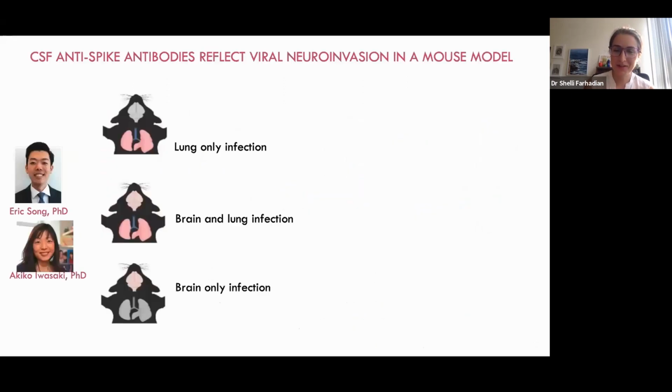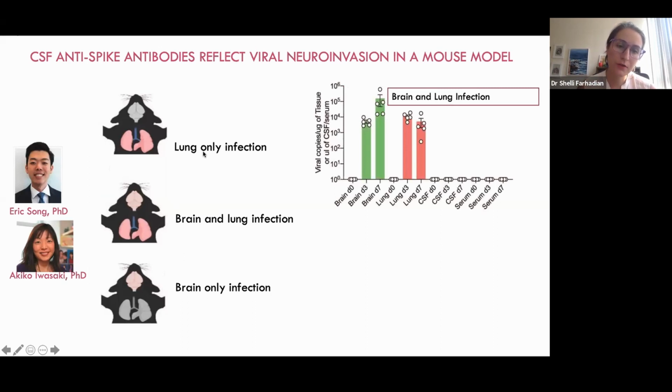To do that, I wanted to take a brief detour into the world of animal studies. So again, led by Eric Song and in collaboration with Akiko Iwasaki's lab, we asked whether the presence of antiviral antibodies in the CSF reflected the presence of viral antigen in the CNS using a really neat mouse model. Eric and Akiko had developed a mouse model in which SARS-CoV-2 infection can be localized to specific tissue by having those tissues specifically express the human ACE2 receptor. So skipping to the chase, by using this approach, we could produce mice that only had infection in their lung, had infection only in their brain, or had infection in both the lung and the brain. So now using these three different mice,